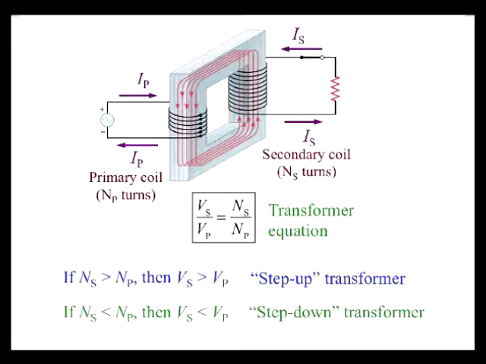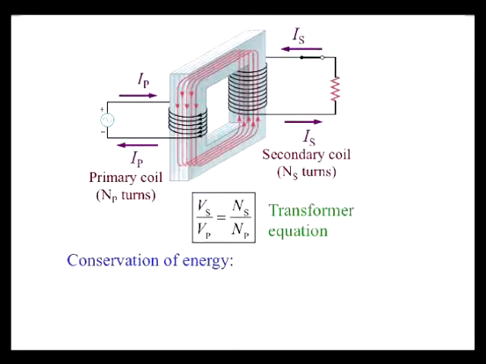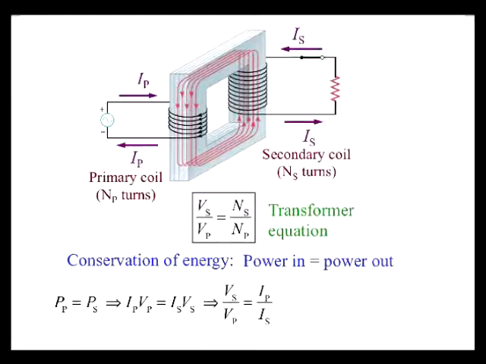We also need a relation that involves the currents, and we get this by applying the conservation of energy. We know that, assuming negligible losses, the electrical energy put into the primary of the transformer must equal the electrical energy put out of the secondary. Since power is energy per unit time, the power in must also equal the power out. We therefore write that the power at the primary is equal to the power at the secondary. This means that IpVp equals IsVs,